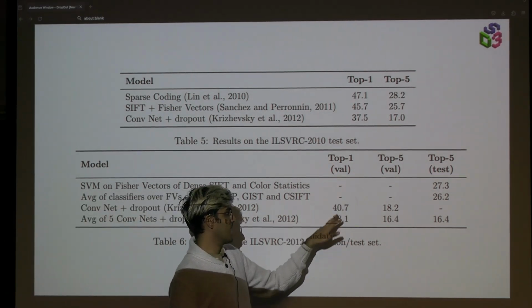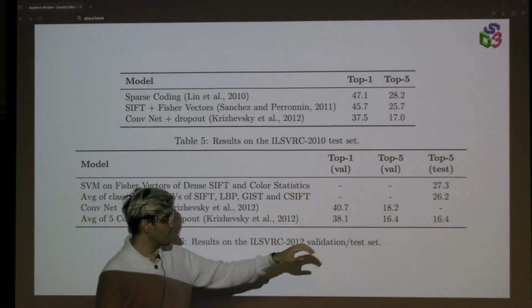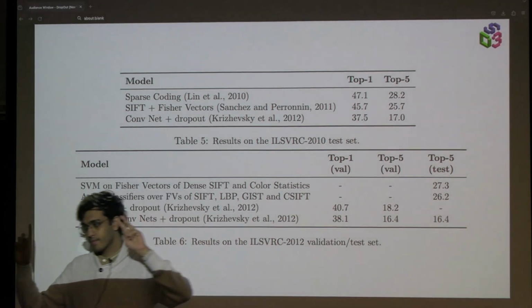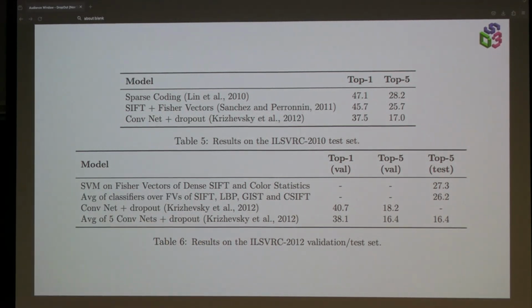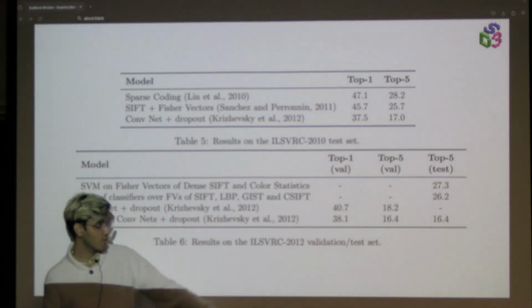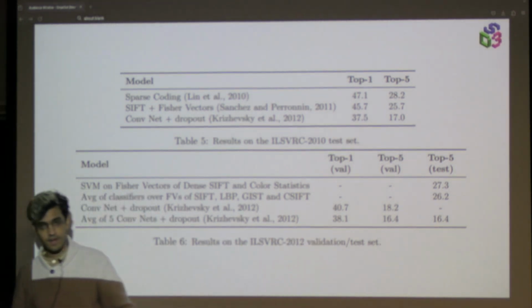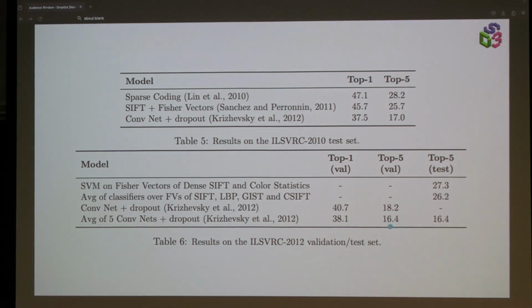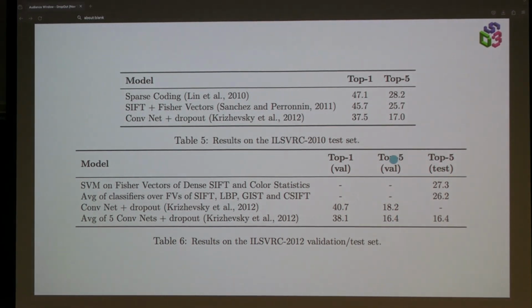Now, there's 2 columns here that matter. Top 1 is basically the error rate of it getting the right class for the image as the first choice, right? And it failed 38.1% of the time. But it's still, its top choice was the correct classification around 62% of the times, right? But what's more interesting is that in most cases, with around 85%, the correct label for that image was in the top 5 choices of the neural network, right?